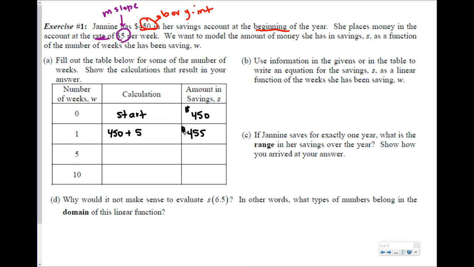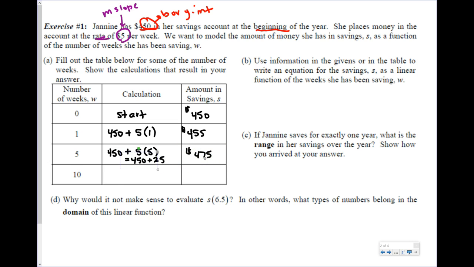Okay? After 5 weeks, she has that 450 plus how much she's been saving per week. So she saves, technically this would be like 5 times 1. She's saving $5 per week at 5 weeks, so this is going to be 450 plus 25, which gives you